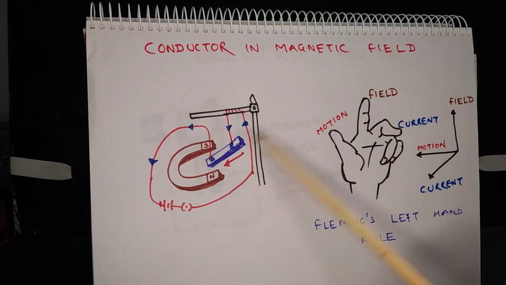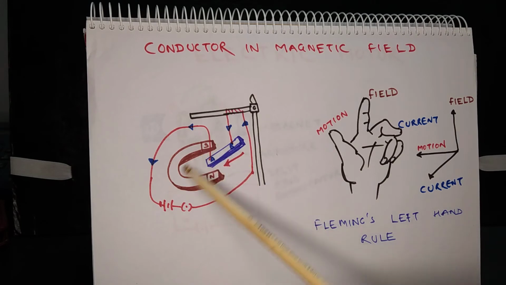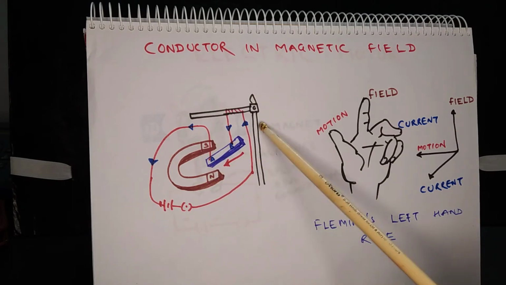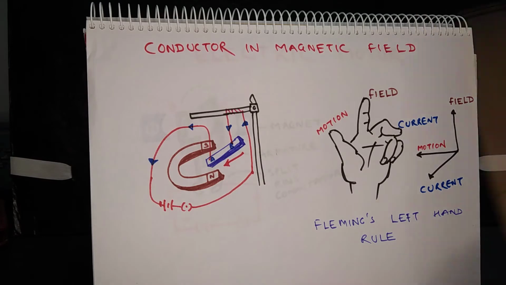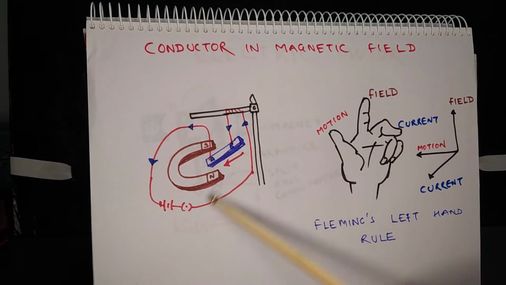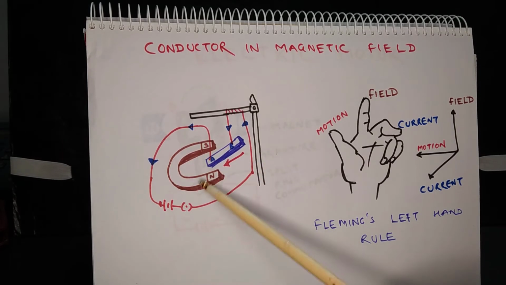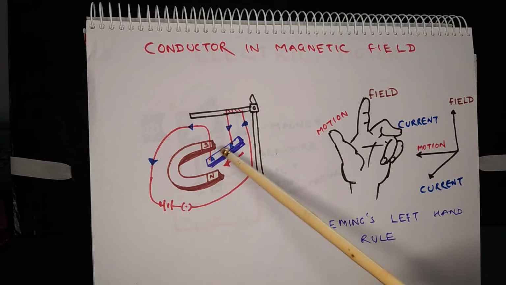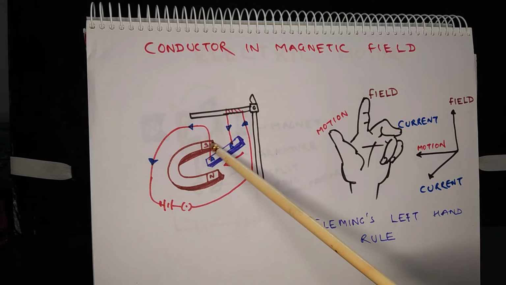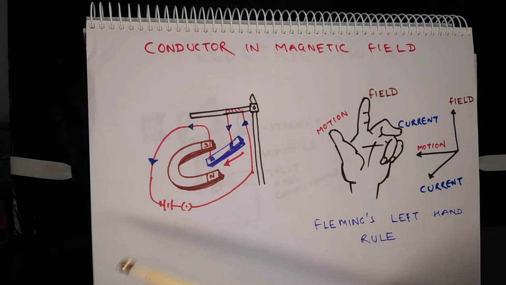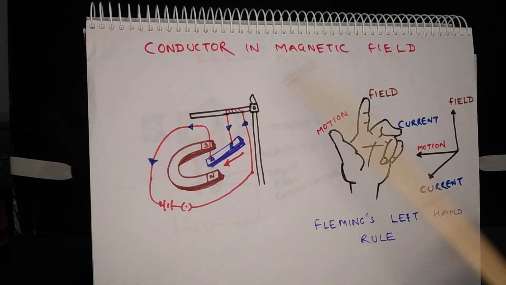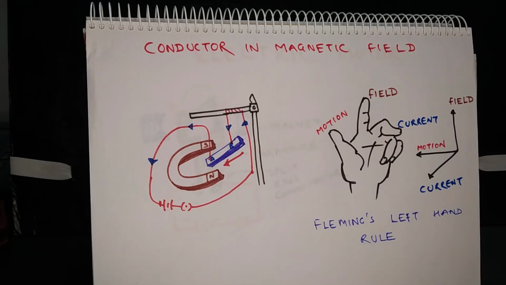Okay. So the current is flowing through this. Now a horseshoe magnet is brought in a way so that the rod is within the magnetic field. So what happens? There is a deflection in this rod. This happens because this magnetic field is putting some influence on the current carrying conductor. Now if we reverse the magnetic field so that the north pole goes here and the south pole comes here, then the direction of deflection changes. So this shows that the direction of motion depends on the direction of magnetic field and direction of electric current.